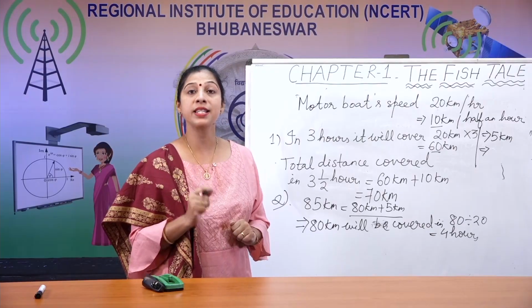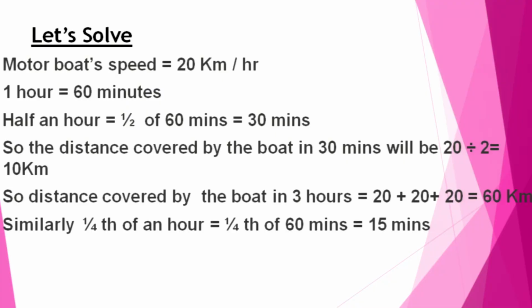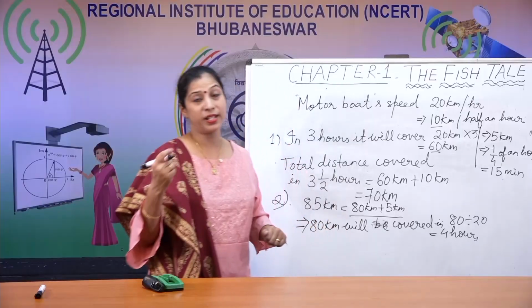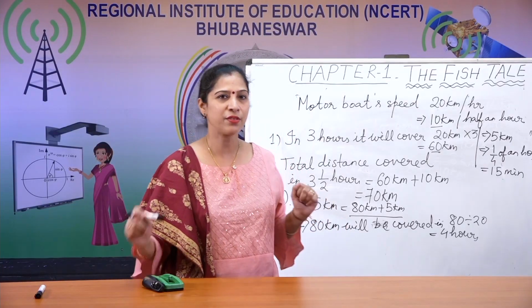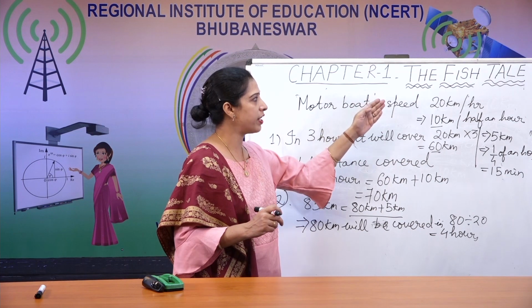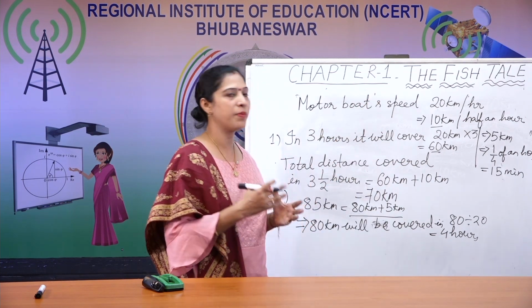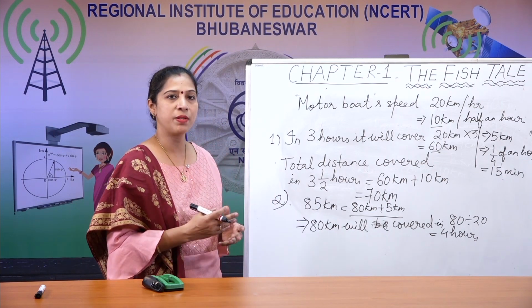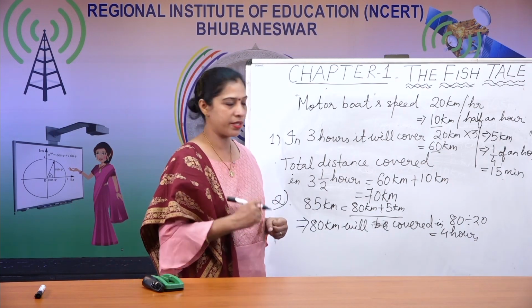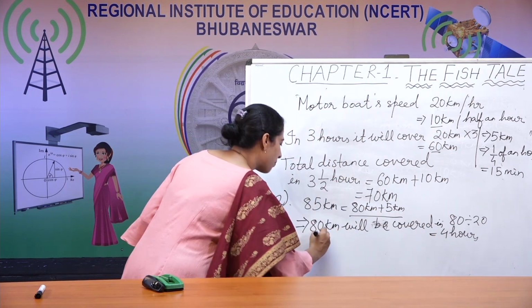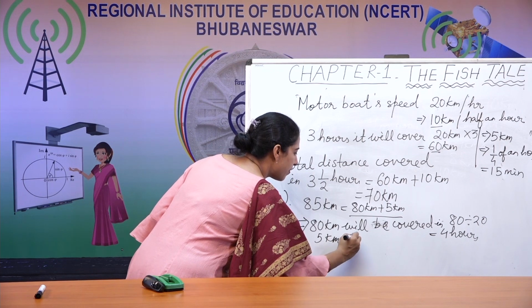1/4 of an hour is 1 by 4 of 60 minutes, which is equal to 60 divided by 4, 15 minutes. Because we can do it orally also. We don't have to go for this calculation. We can do 20 kilometers per hour. So 5 kilometers, how much time is needed to cover? So 20 kilometers in 1 hour. So 5 kilometers will be covered in only 15 minutes. So 80 kilometers is covered in 4 hours. Another 5 kilometers will be covered in